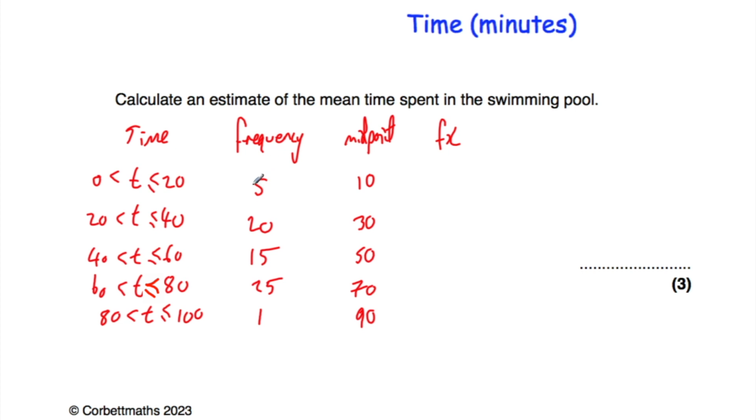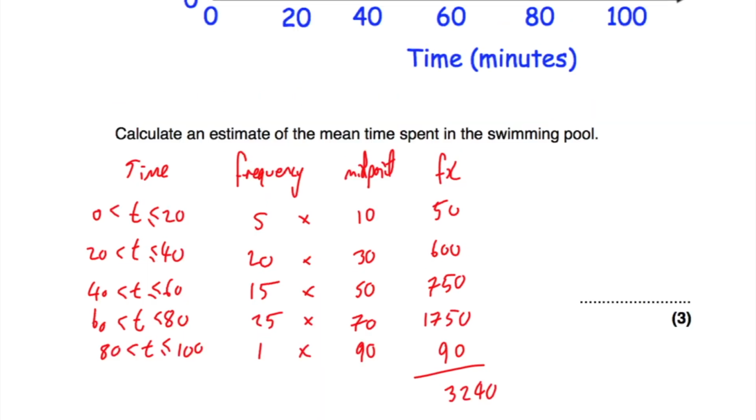And then fx, because it's 5 people that each spent roughly 10 minutes in the pool, times them together, and then that will give us our estimate for how long these 5 people spent in the pool in total. 5 times 10 is 50, 20 times 30 is 600, 15 times 50 is equal to 750, 25 times 70 is equal to 1750, and 1 times 90 is equal to 90. And if we add up the fx column, that will give our estimate for the grand total amount of time that these people spent in the pool, and that is equal to